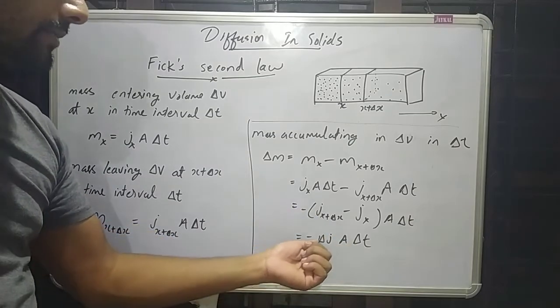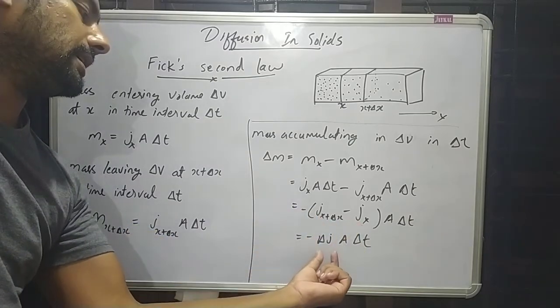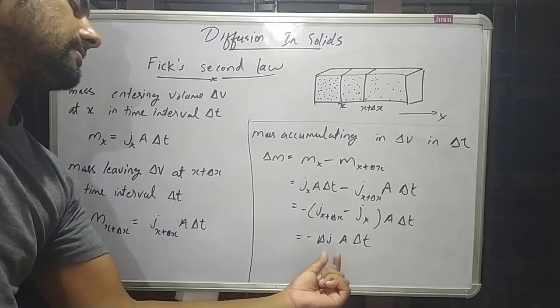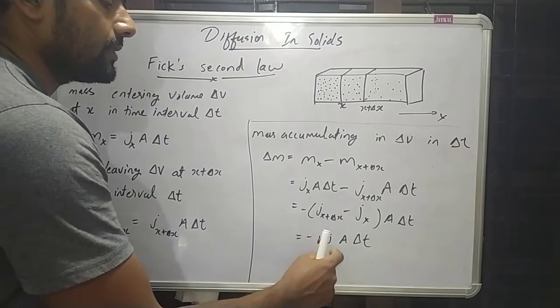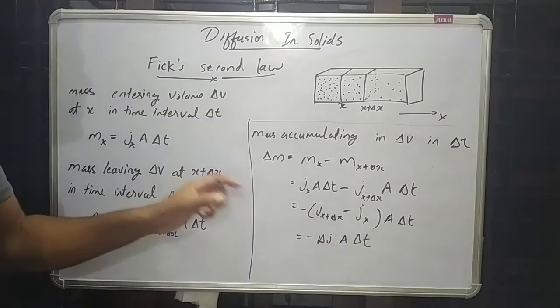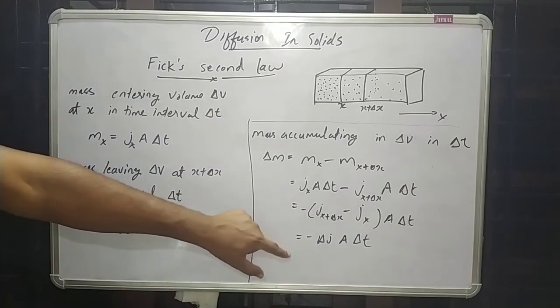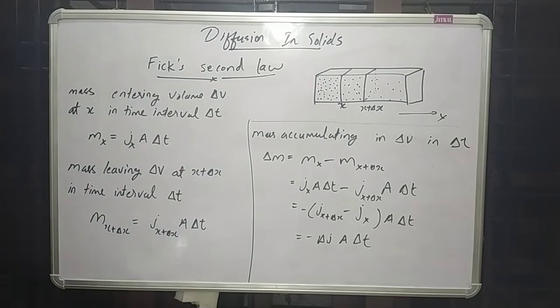That is equal to minus delta J. This is the difference in mass flux, the change in mass flux. Minus delta J times A delta t is equal to the mass accumulating in the small volume delta V in the time interval delta t. Okay,